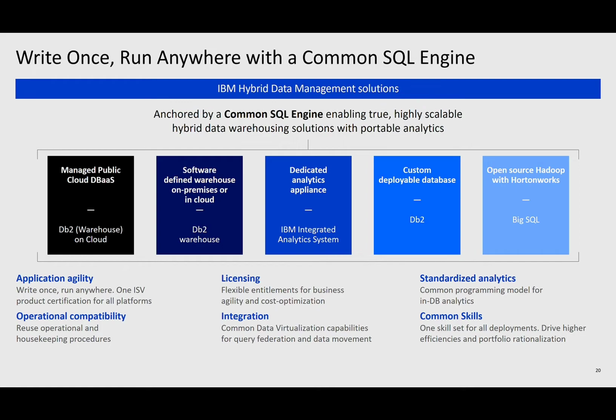Now, what does this mean? What are the implications behind this common SQL engine, this common platform? Well, first and foremost, you have one set of skills. One set of skills that can write queries that are flexible no matter where you choose to have your data live. And again, remember back, there's no one right place for all types of data. You may want a large portion of your colder data in Hadoop for cost savings, but you also may want to have some of that similar data that's hot or particularly relevant to your business today on an appliance, or you may want it in the cloud. The point is that once you write a query, once you develop an application based on this database platform, you can move it wherever you would like. So not only do you have that agility, you've got a standardized interface so that your users are familiar, and you've got a common